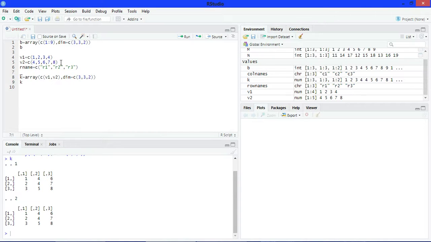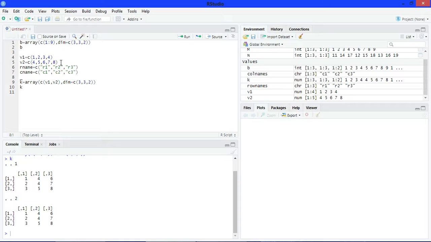Same for column names. Write C1, C2 and C3.